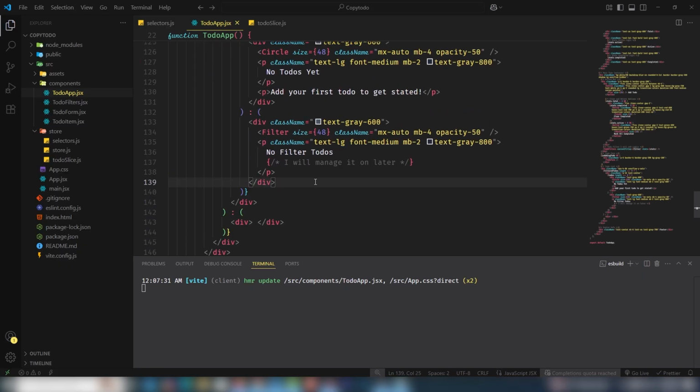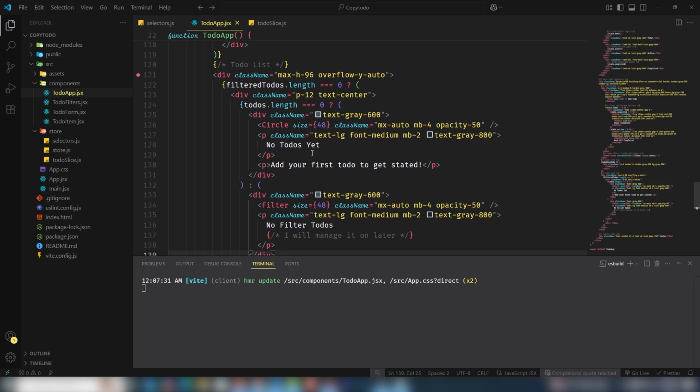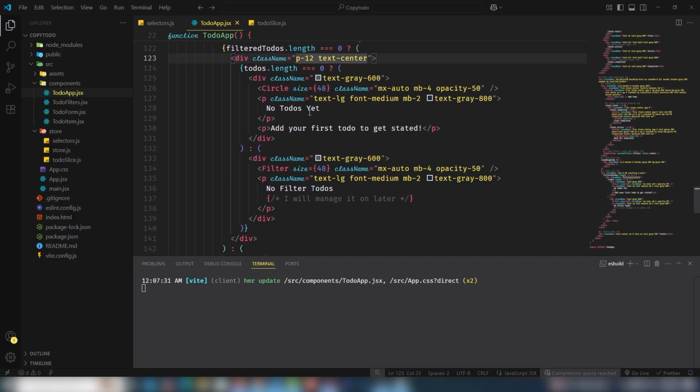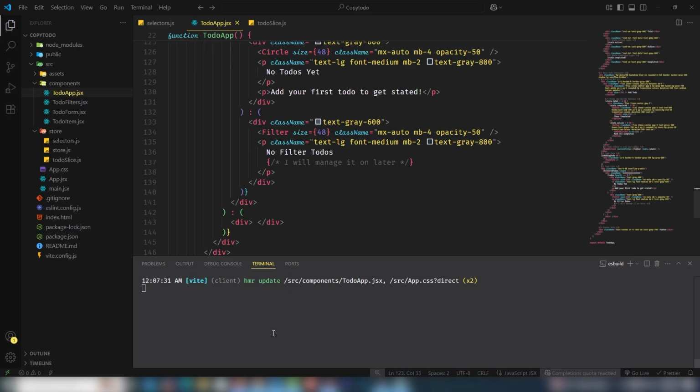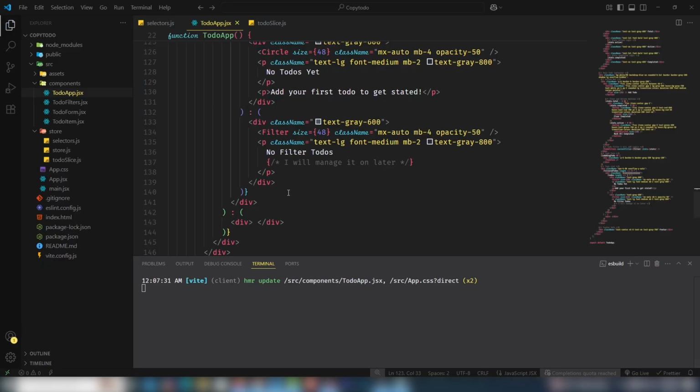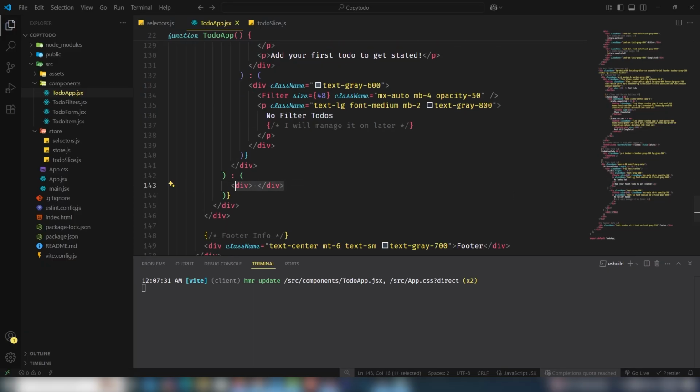Okay guys, so this is very tricky but very helpful for us. I just use to-do length, and if to-do's filter length is 0, display something else, like "No to-do's yet, please add to-do." I'm going to show you what happened. As you can see, I'm able to only see "No to-do's yet," but inside this one section I need to display the